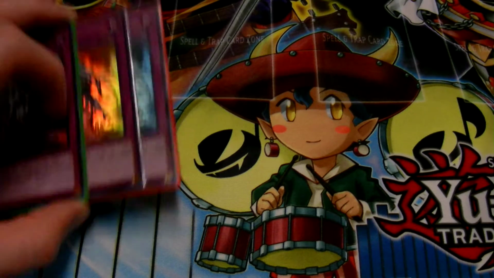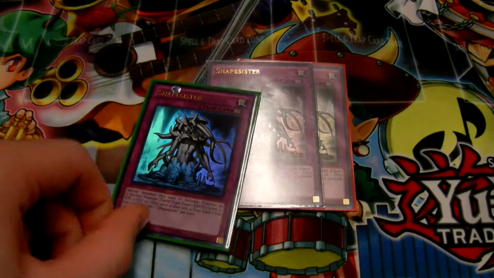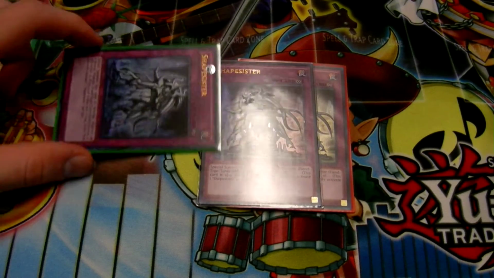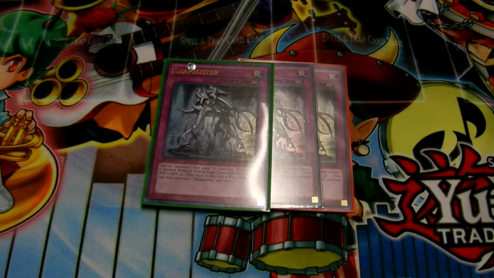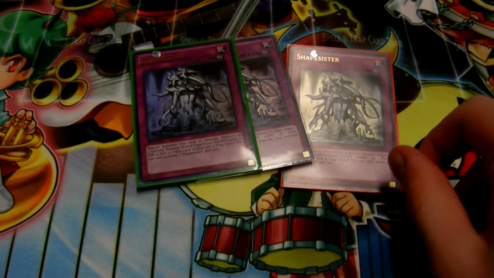3, this card's actually very important. A lot of people don't know about this one. This card is called Snape Sister. It is a trap monster that special summons itself as a level 2 Fiend Earth Tuner. And this is important because you can get into level 8s with your commanders, you can get into